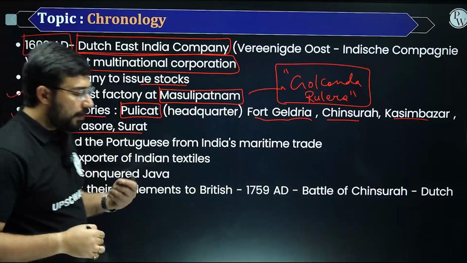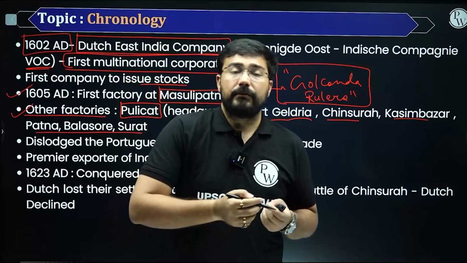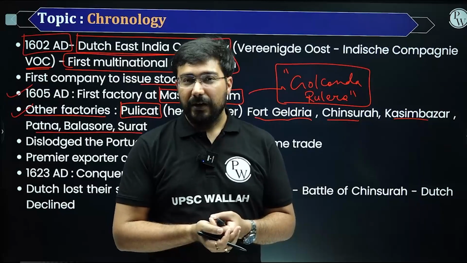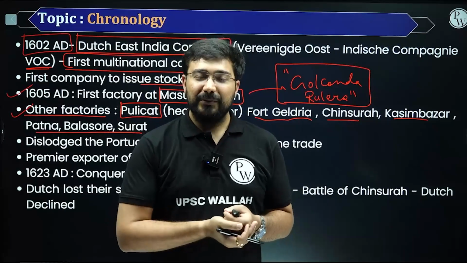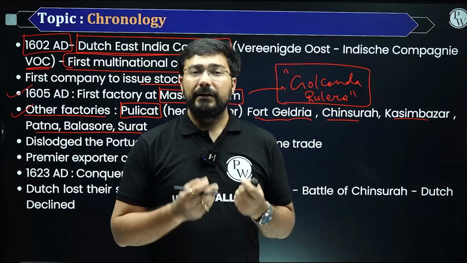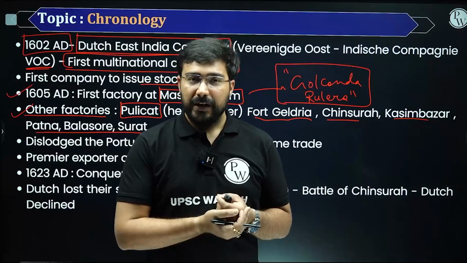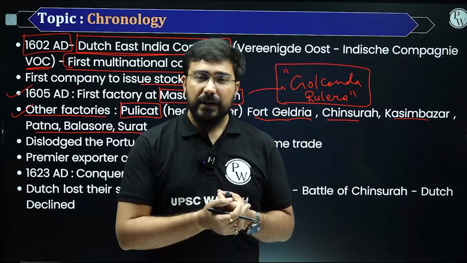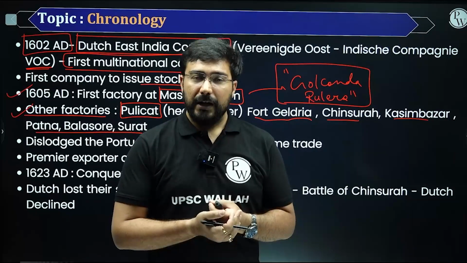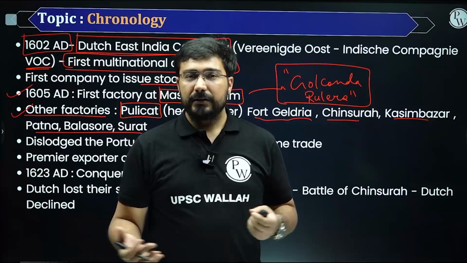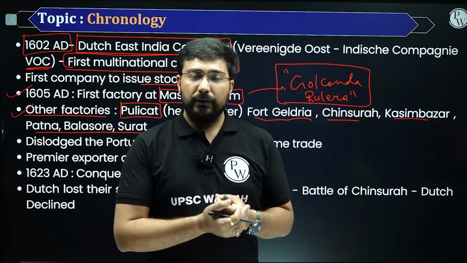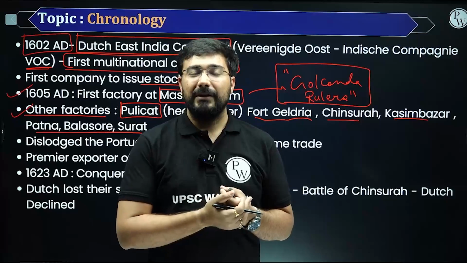Why are we trying to remember this kind of information? Where are their factories? Because sometimes UPSC asks these kinds of questions in the prelims. And as all of you know, prelims is something which is very unpredictable. Anything under the sun can come there. And the one topic which is very important in modern history with respect to prelims is the arrival of Europeans. In fact, if you just see this class and then solve the previous year questions, the majority of the previous year questions from this topic can be easily solved.